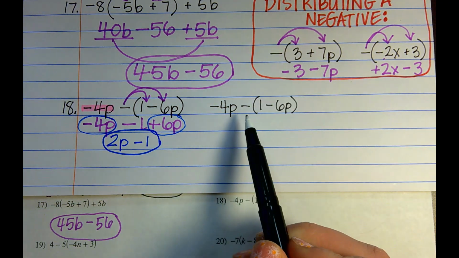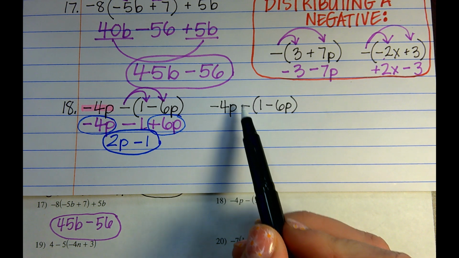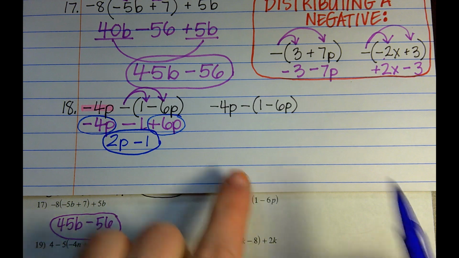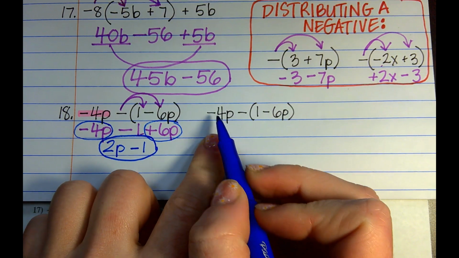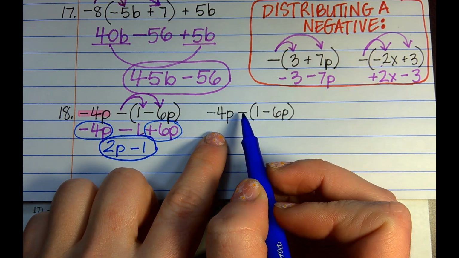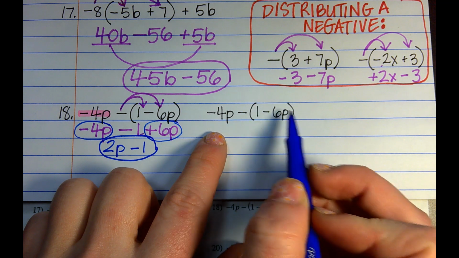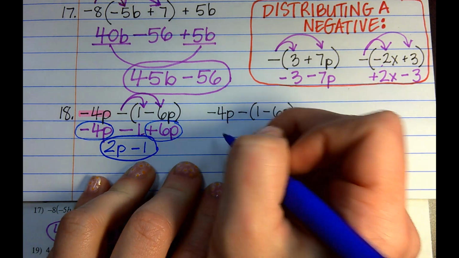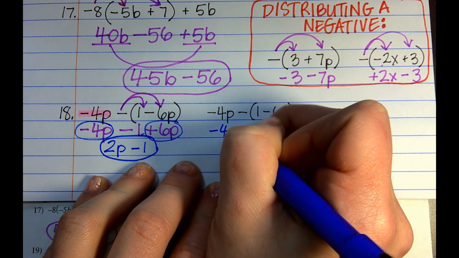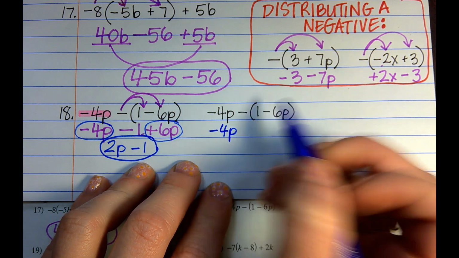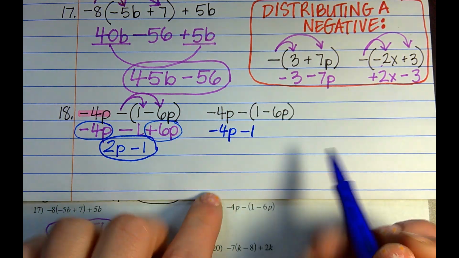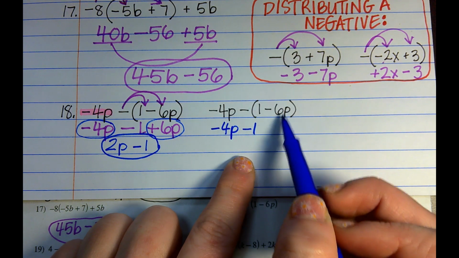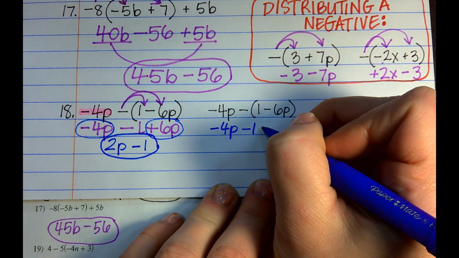So instead of thinking of this as distributing the negative and changing all the signs, think of it like this. I'm doing -4p minus everything in the parentheses. I'm subtracting everything in the parentheses. So I'm doing -4p minus 1. That's the first thing in the parentheses. And then I'm doing -4p minus -6p. So minus